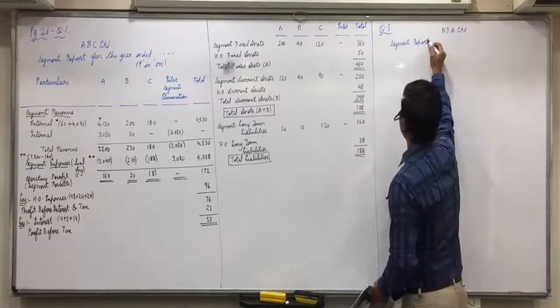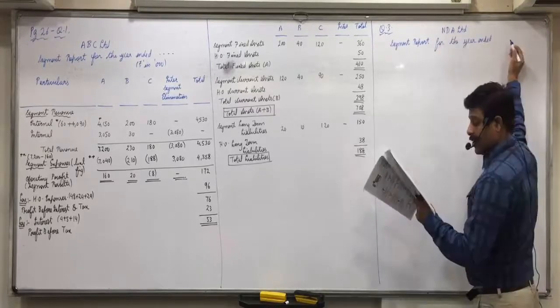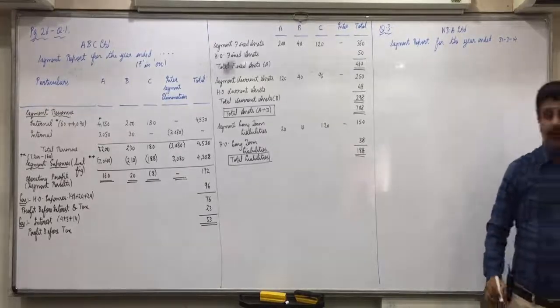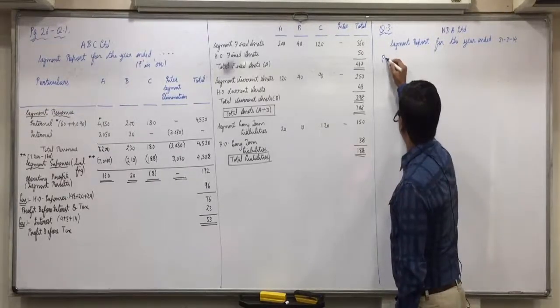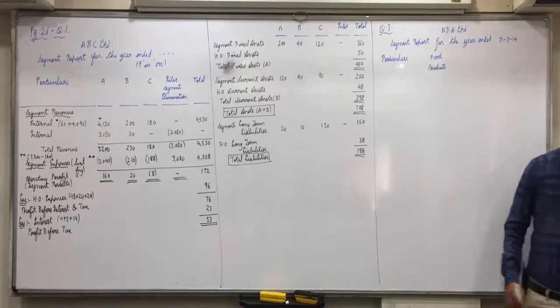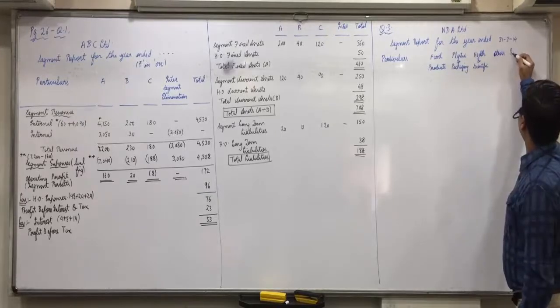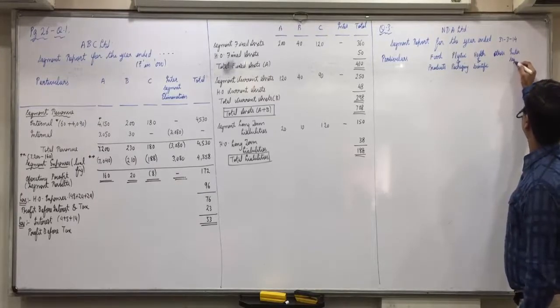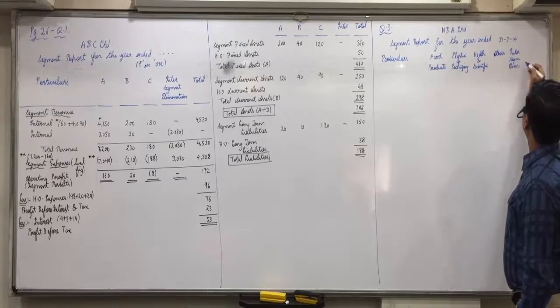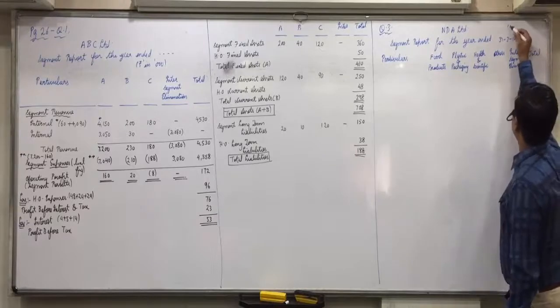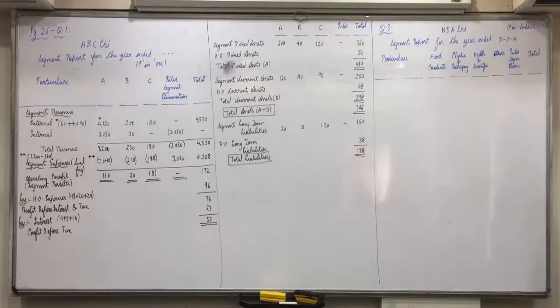NDA Limited segment report for the year ended 31st March 2014. But there are 4 segments now. So particulars: food products, plastic and packaging, health and scientific, and others. Thereafter inter-segment elimination, and then total. At the top you can mention rupees in lakhs. We are still making the columns. 30 seconds more, do it fast, then I start.